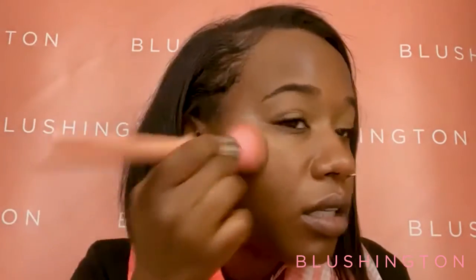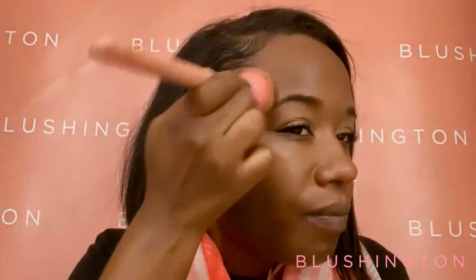So I'm going to take my buffing brush and I'm just going to very gently press this Glow Cream into my skin. So it starts to kind of melt into your skin. It leaves behind this nice, healthy looking glow without you looking greasy or glittery. So it just lays a really great foundation for my glowy face. So now, again, I'm going to let these products sit on my face